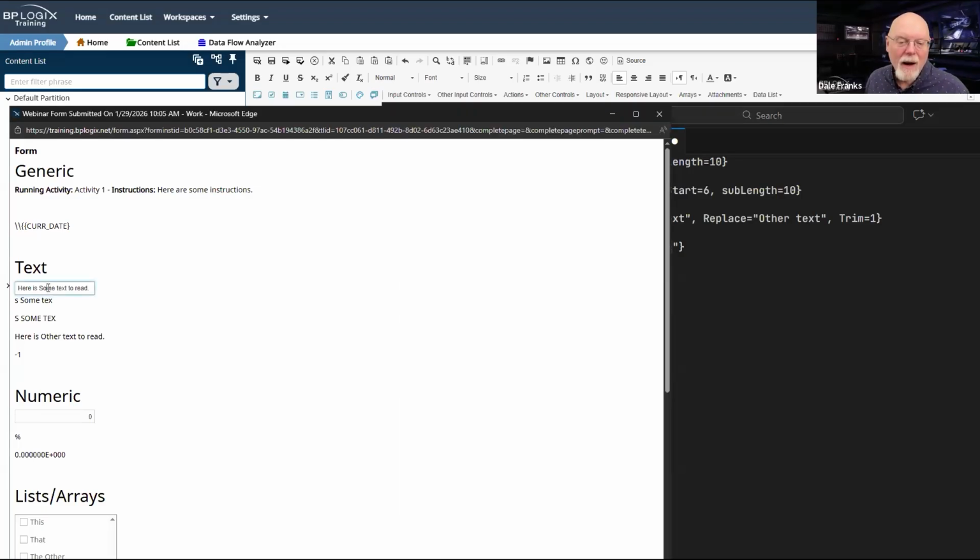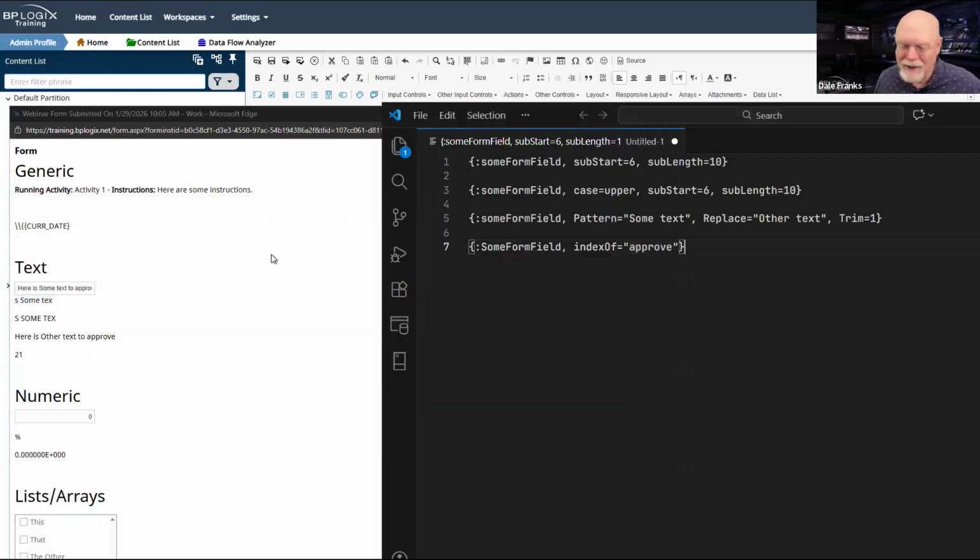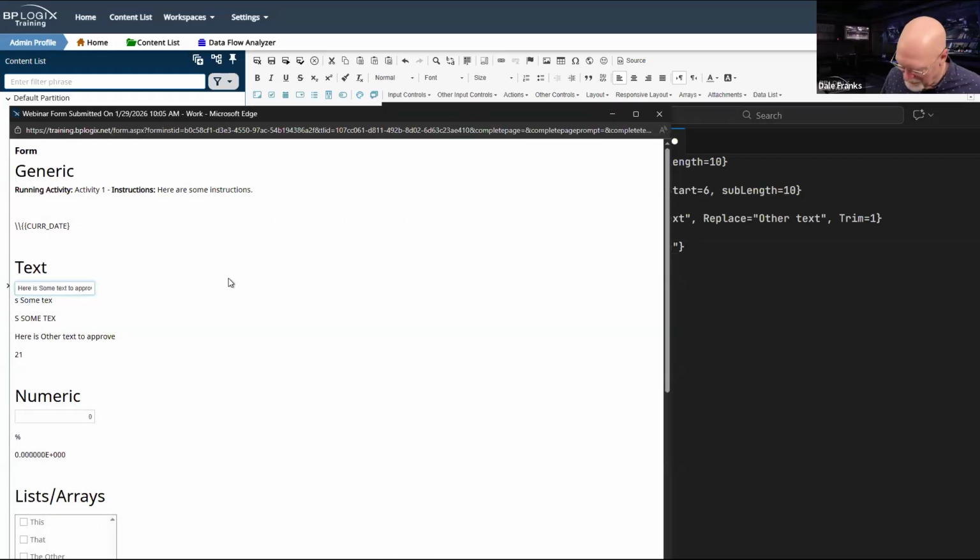So here is some text to approve. By the way, I did not capitalize approve, so I'm doing well. So this is some text to approve, and I'll put a period on the end of that, and we'll see that now our number has changed to 21.